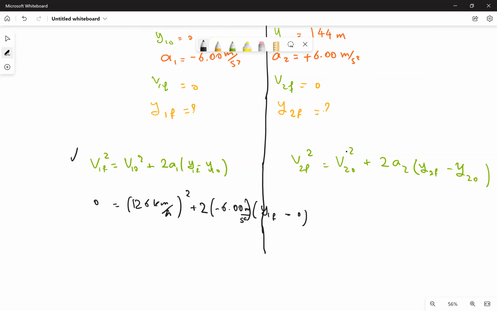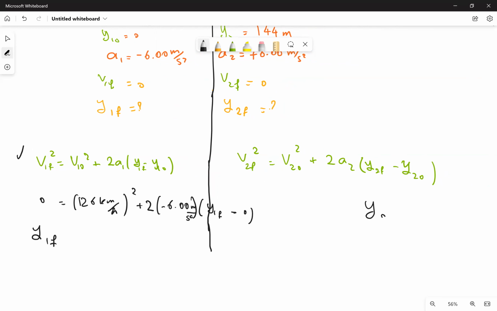Here they are not in SI units. But if you convert 126 kilometers per hour to meters per second, then you can plug in those numbers in meters per second and not worry about writing down the units. So after solving this equation, you will find y1f,